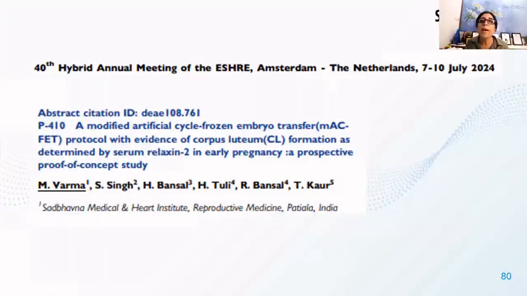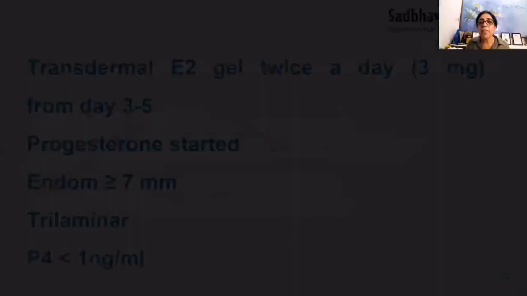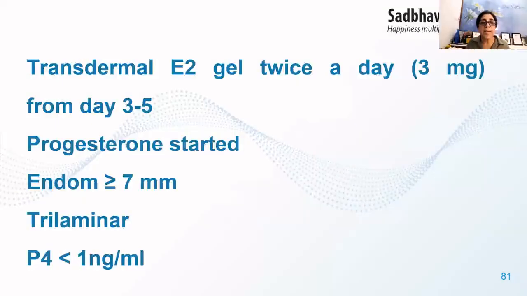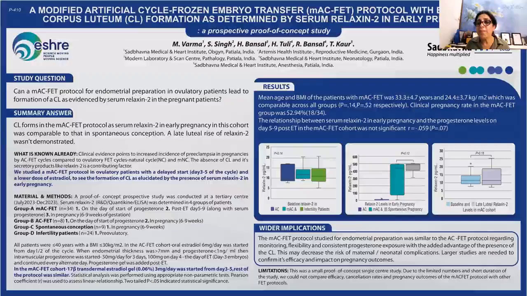So what we did is we started giving patients transdermal gel from day 3 to day 5 of the cycle. We gave them a dose, one application twice daily. This is just like supplementing the endogenous estrogen, and we got a good endometrium lining. Then the second half of the cycle was followed like a natural proliferative phase cycle. So this also gave us very good, comparable pregnancy rates, and it's an option.